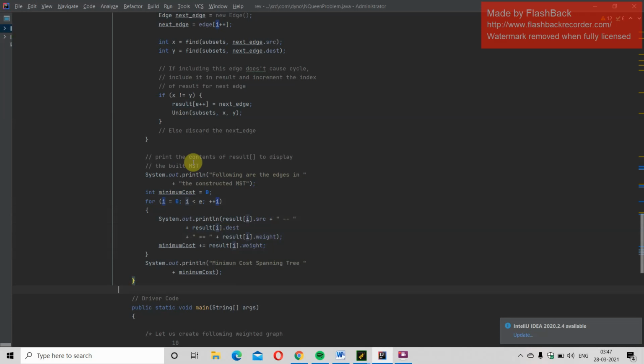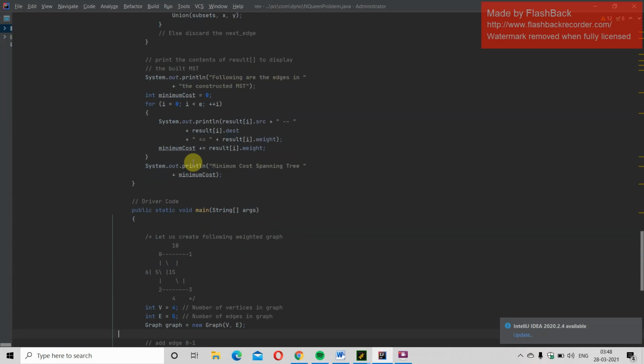This step is used to find the minimum cost. At last we are going to count the values of those edges which don't form a cycle. So minimum cost is equal to minimum cost plus result weight. Now the minimum spanning tree cost is printed.